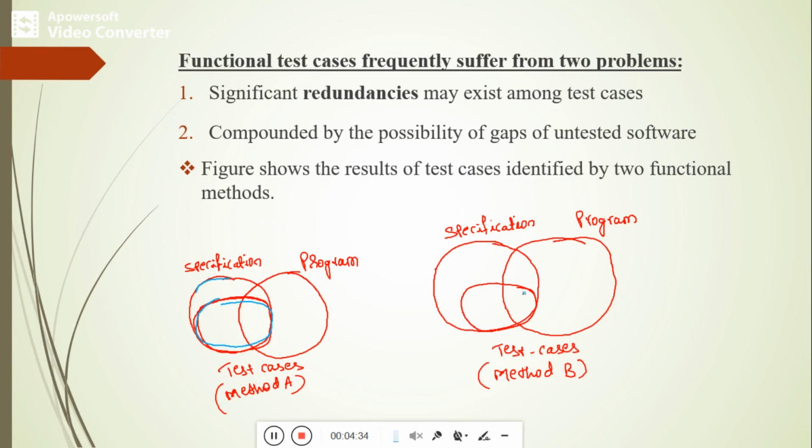Therefore, the functional testing technique always depends fully on the specification behavior. If the specification behavior is clearly understood by the tester, then he will write more test cases. He can cover more specification behavior areas, which means there is a chance of fewer errors existing in the product. This is about how the functional testing technique works.